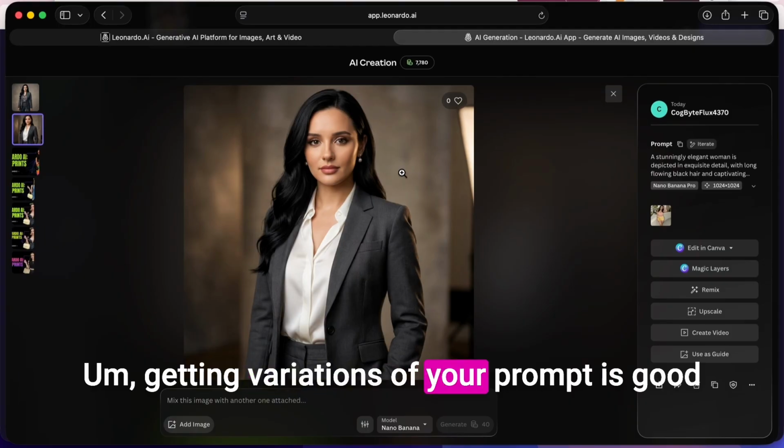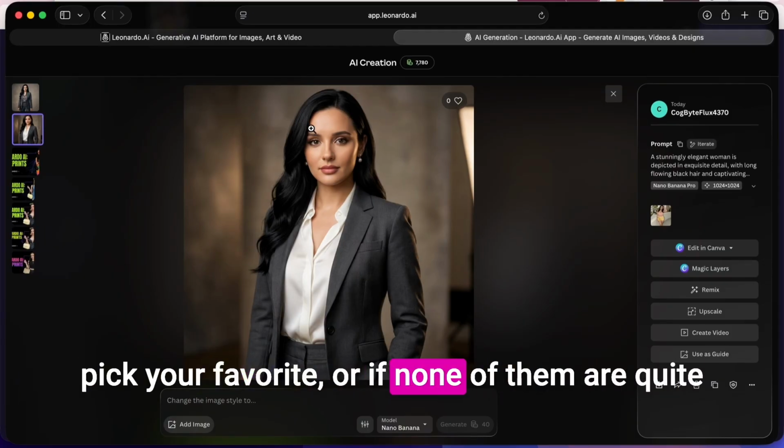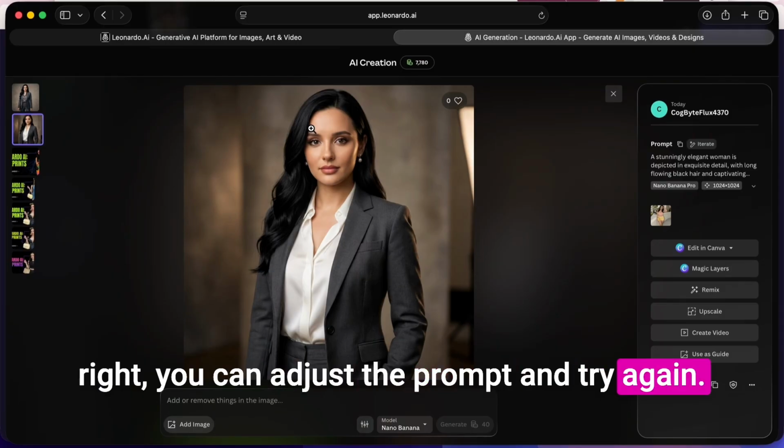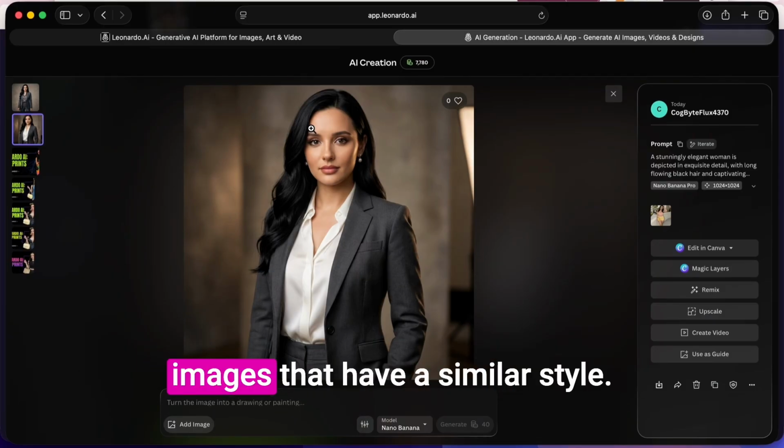Getting variations of your prompt is good because you can see different interpretations and pick your favorite. Or if none of them are quite right, you can adjust the prompt and try again. Use one as a starting point to refine it, or copy prompts from community images that have a similar style. So,